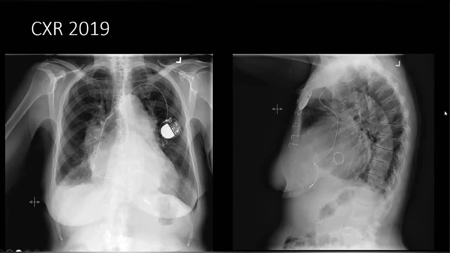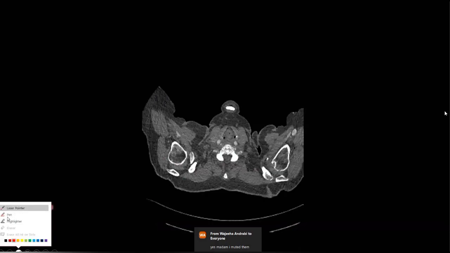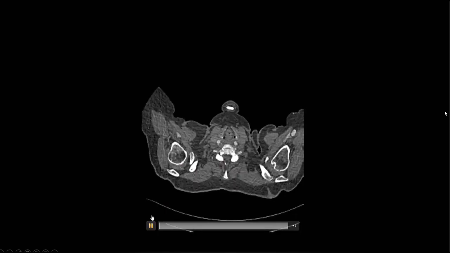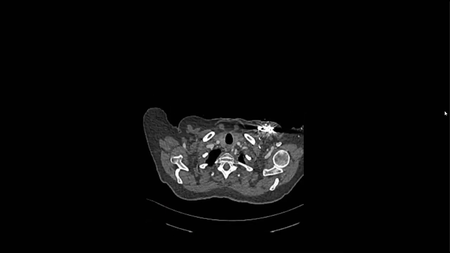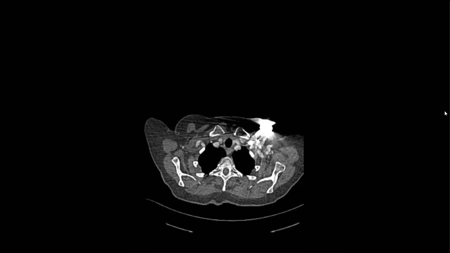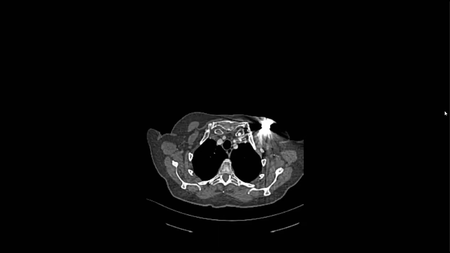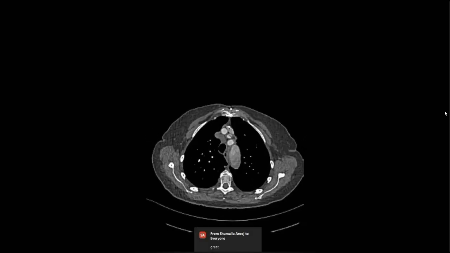Okay. So now I want you to see this thing. Where is it? I'm sorry. This pointer is a bit of a problem. Okay. So CT scan chest, explain it. Yes, sir. CT scan chest axial sections. Soft tissue window is provided in the post contrast enhanced images. In these images, I can appreciate there is